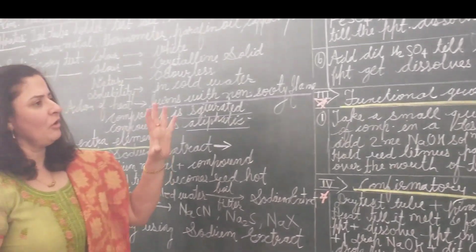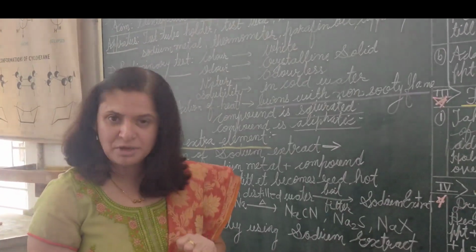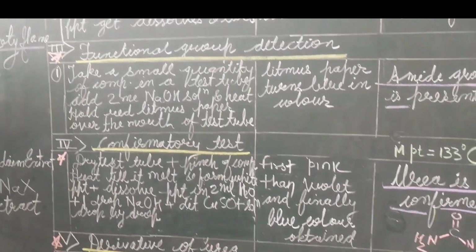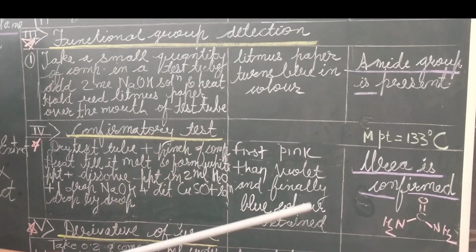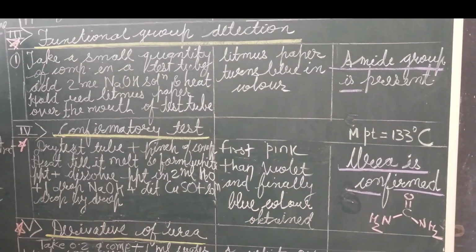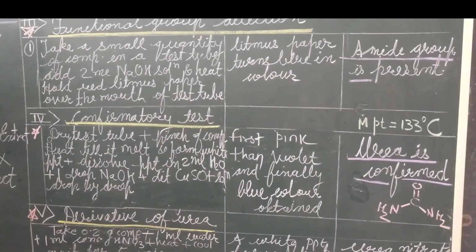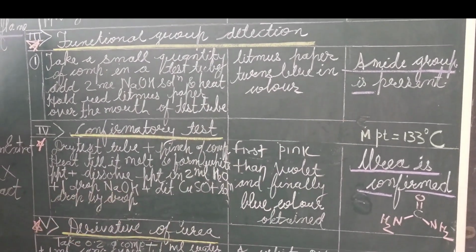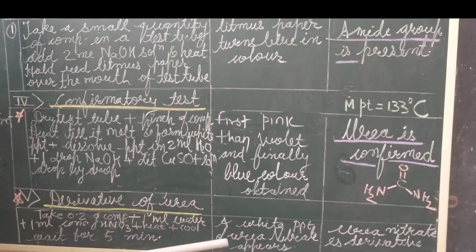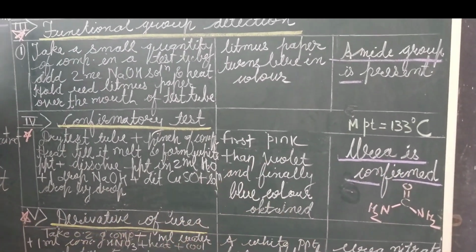From all the results up till now, we have concluded that urea may be present. So we have proceeded towards the confirmatory test of urea, and here we have done a very beautiful test, that is the biuret test, and the biuret test is positive here, which confirms the urea in our organic compound. After taking its melting point, that is 133 degrees centigrade, our urea is further confirmed, and here is the structure of our urea.